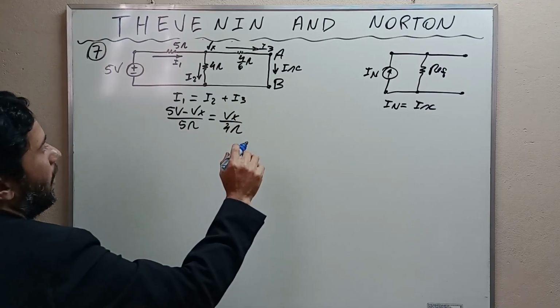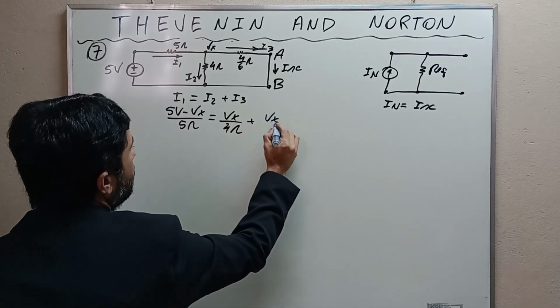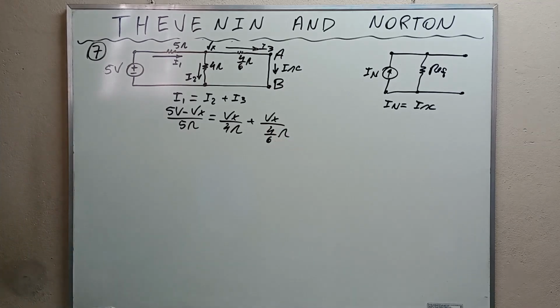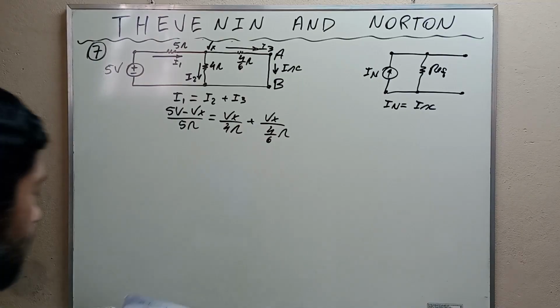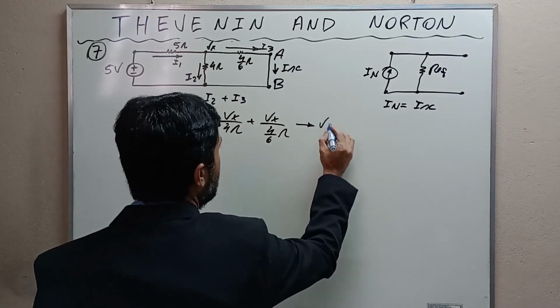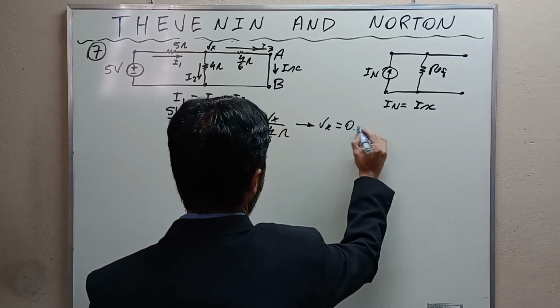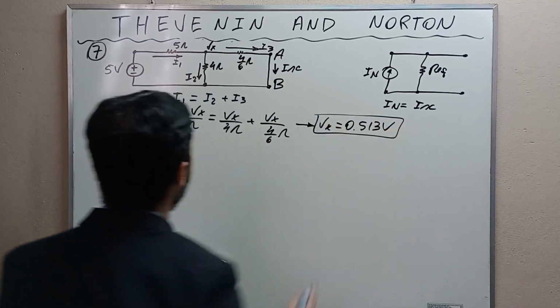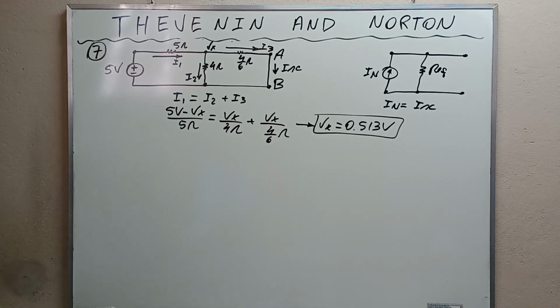And I3 is Vx divided by 6 ohms. Okay? This is a simple equation. I am going to invite you to try it at home, and you're going to find that Vx is equal to 0.513 volts. Okay,